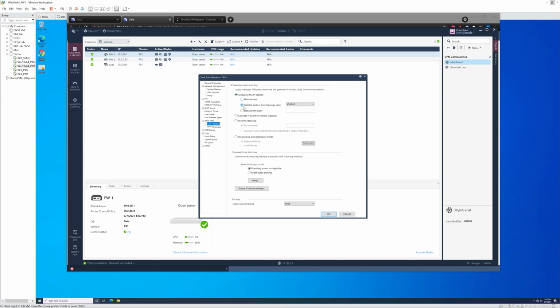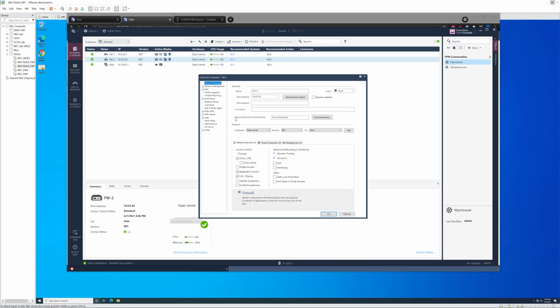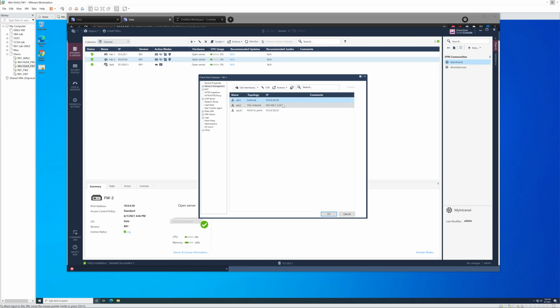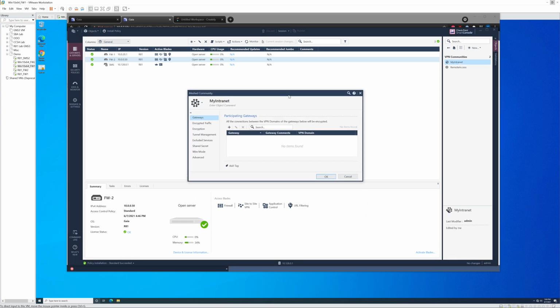For my link selection, I'm using, again, the external IP address. And that's pretty much it. I'm just using the default VPN community. First, I'll go ahead and show you the topology here on the second one as well. It's the exact same thing. Again, 192.168.1.1 overlapping subnet. And we have the tunnel interface as well. And I'm just using pretty much the default my intranet VPN community for this particular